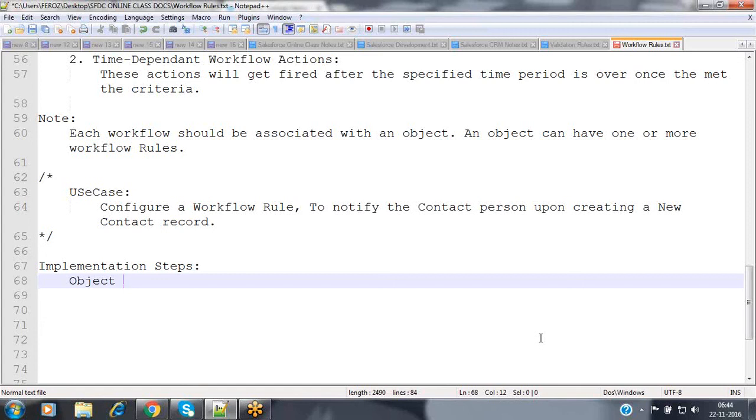We have some drawbacks and limitations in workflow. Because workflows are without coding, nothing but without writing any code, we can configure the automated actions. But triggers are purely coding. There we have to write some code to implement that. Because in workflows we have some limitations, to overcome those limitations, we go for the triggers concept.